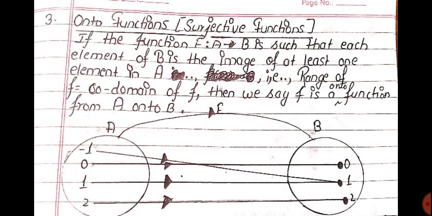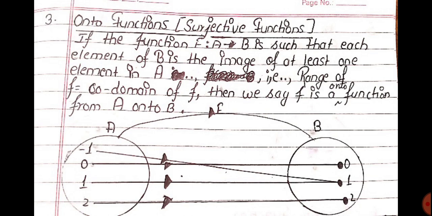Students, you can remember that a few minutes before I told you that a relation from A to B is said to be a function if all the elements of A are associated with a unique element of B. The word "all" I have not used for set B, which means in set B there may be a few elements which are not associated to any element of set A. It is not mandatory that all the elements of set B are also associated with a unique element of set A.